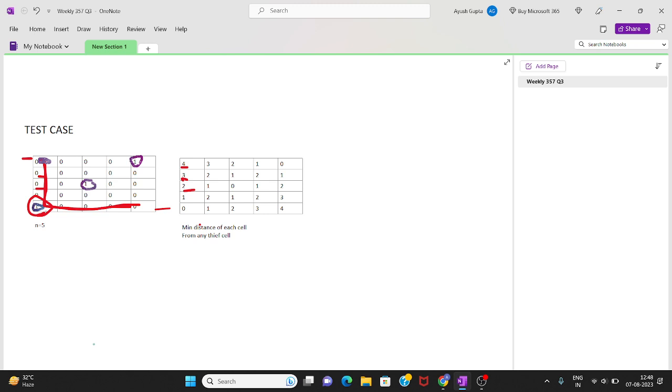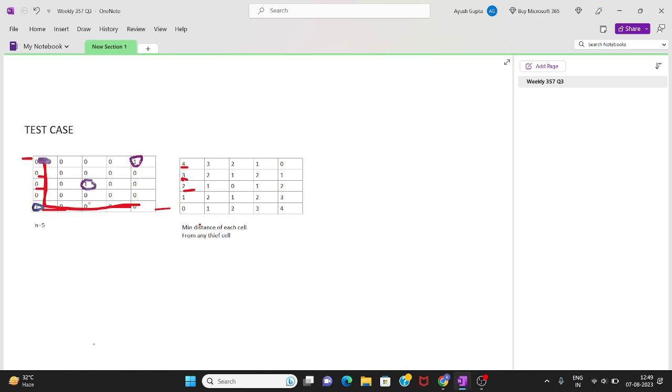Why? Because from this cell you can see that you can reach this thief cell, you can reach this thief cell, and you can reach itself also. So to reach this thief cell, you have to take 1, 2, 3, 4. You have to take 4 steps.